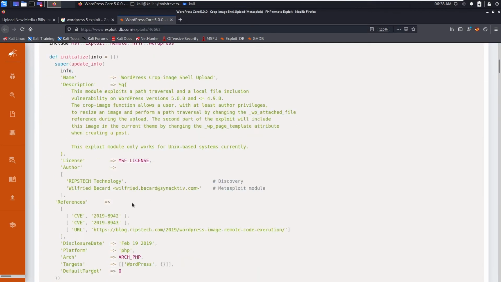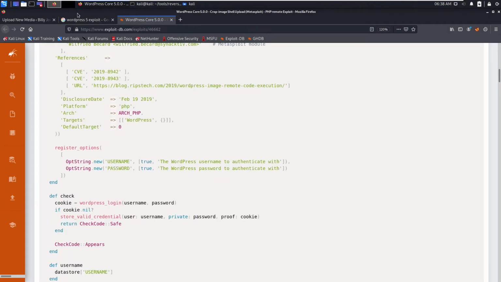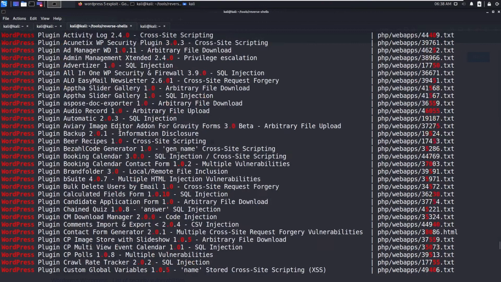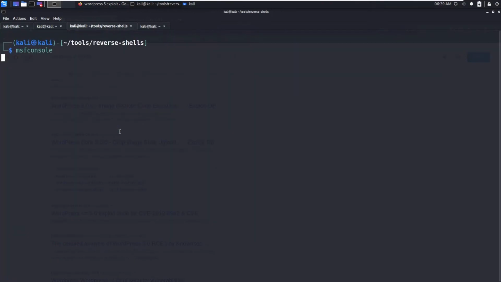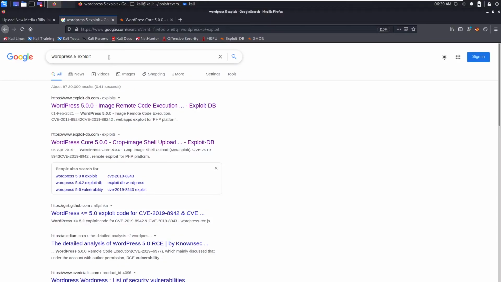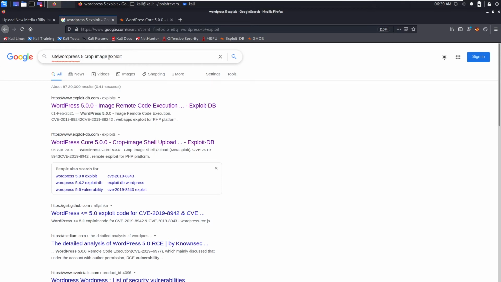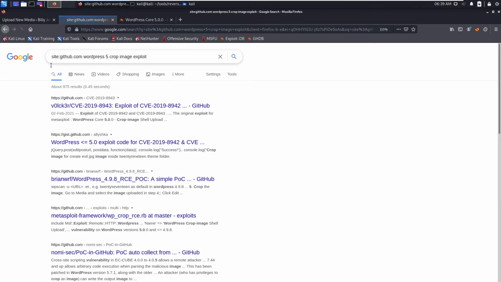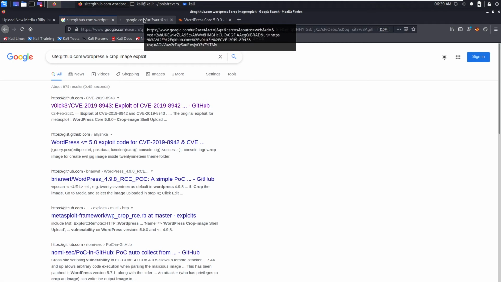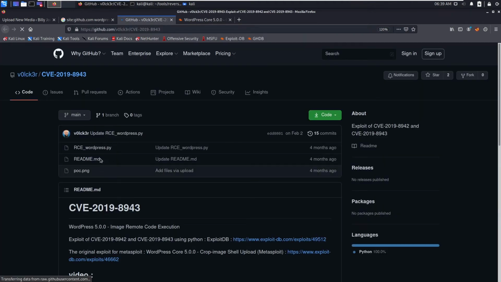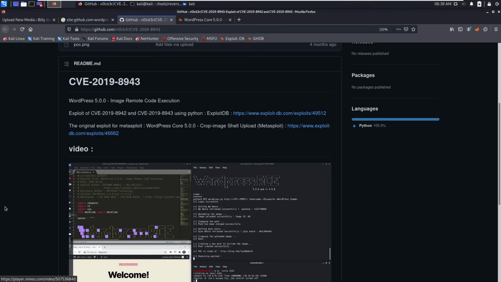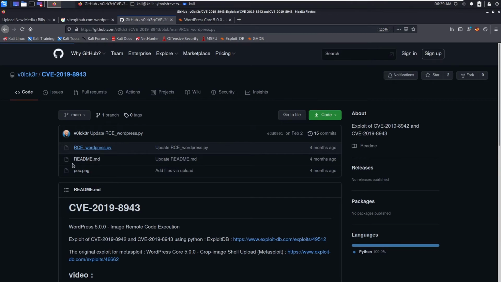This has a Metasploit module and it's somewhat quite complex. Let's try for the crop image exploit. Searching site github.com, I did not search like this. Okay, we have got some exploits here. Let's go and try this one also.